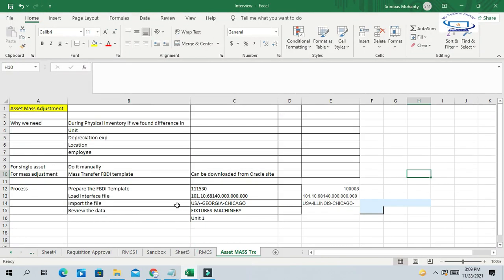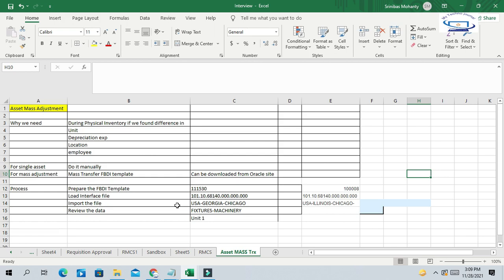So guys, in the asset module, we sometimes need to verify our asset details, the actual assets available in physical inventory, against whatever we are maintaining in Oracle Fusion Asset Workbench.